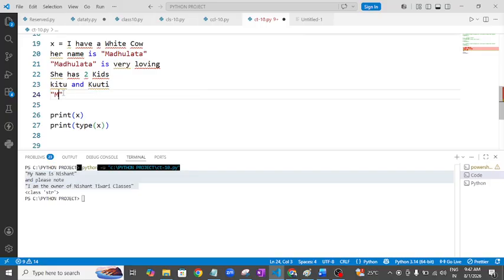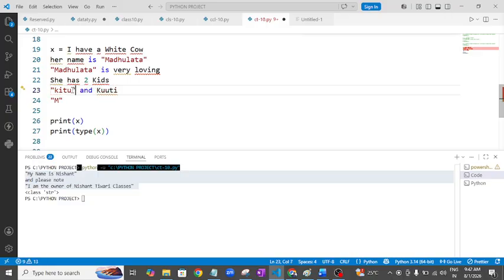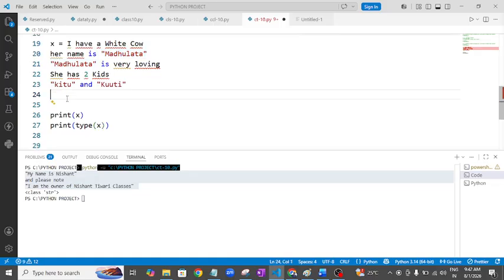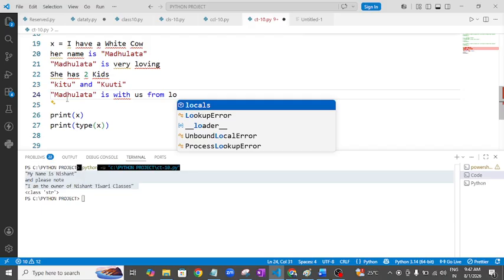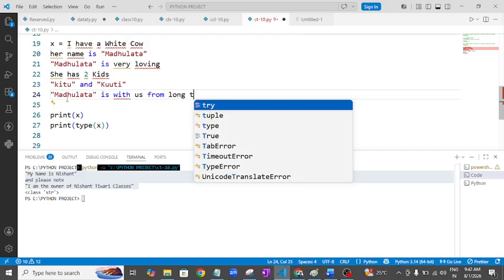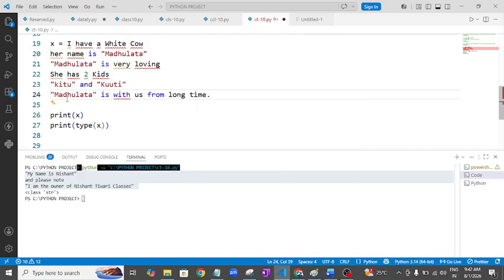Madhulata, this is in double quotes. Let me put this in double quotes. Madhulata is with us for a long time. Something like that. Full stop.